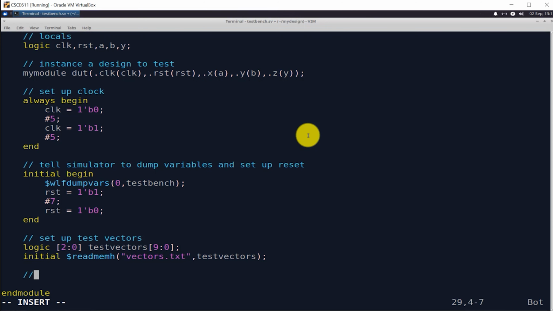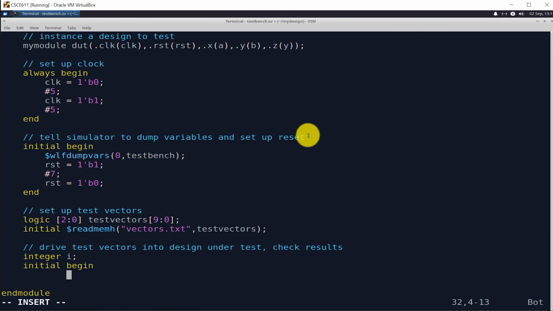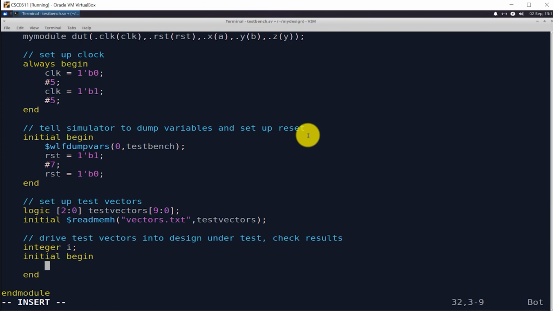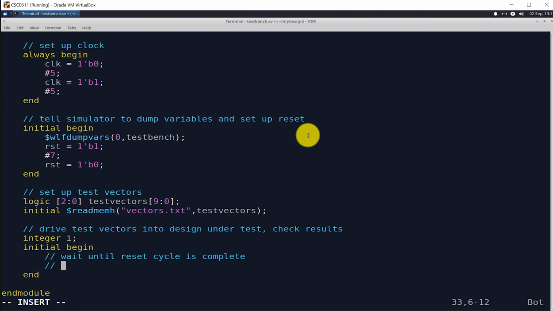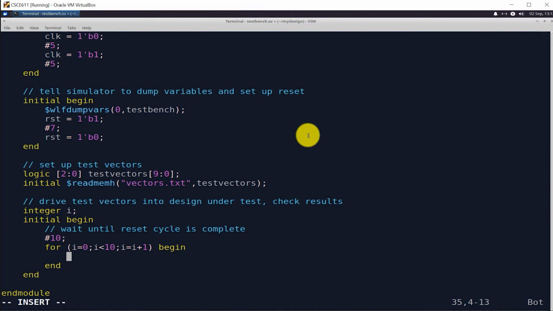Now I'm going to add the initial block that will drive the test vectors into the design under test and check the results. For this I'm going to use a for loop, so I'll declare an integer I, and before I do anything, I'm going to want to make sure I wait until after the reset period before I start sending my test vectors in. So I'll wait 10 time units for this, then I'll have my for loop that will walk through each of